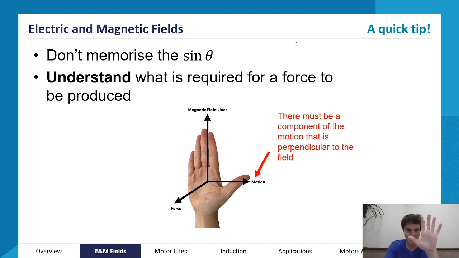intuition. If you remember that your magnetic field force reaches a maximum when your two things are perpendicular and reaches a minimum when your two things are parallel, you can just remember that's the angle we're dealing with: you have your maximum there, you have your minimum there. And if you then remember that sine reaches a maximum of 1 at 90 degrees and a minimum when they're parallel, i.e. at 0 degrees, whereas cos has a maximum at 0 degrees and a minimum at 90 degrees, if you're ever struggling to remember